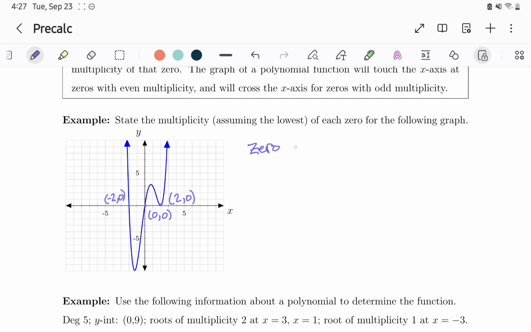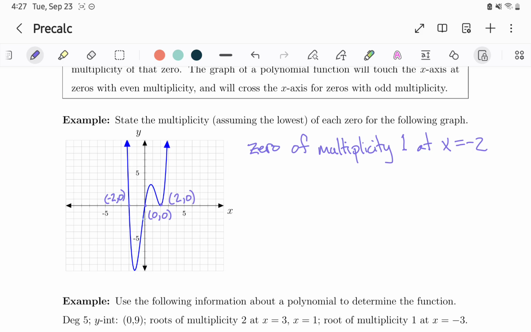So we'll say 0 of multiplicity 1 at x equals -2. Okay, and then continuing on, so for the other 0 at the origin, 0, 0, again,